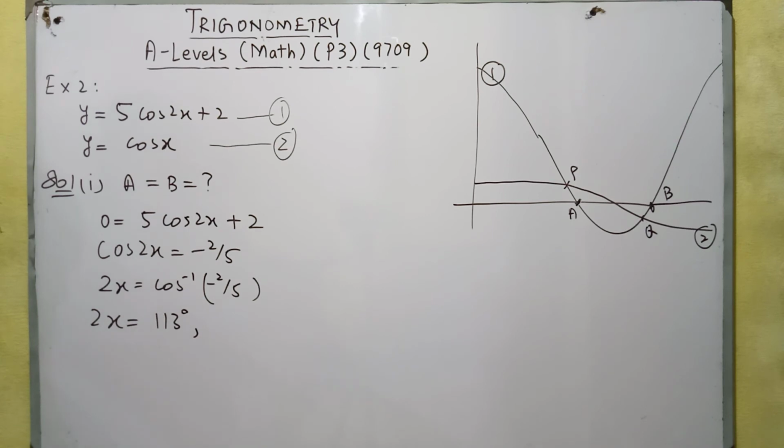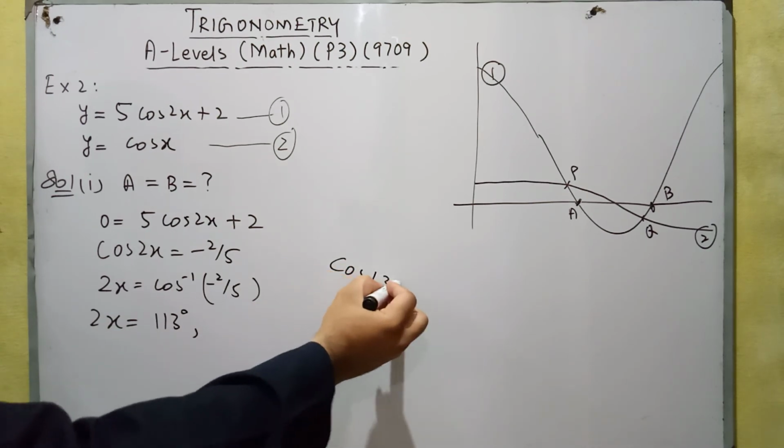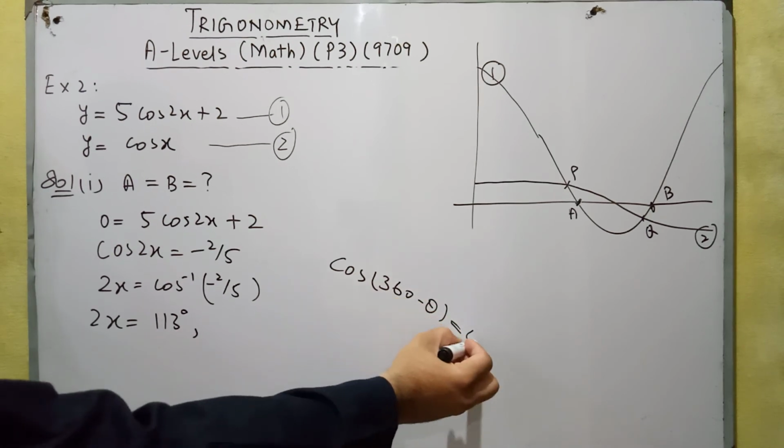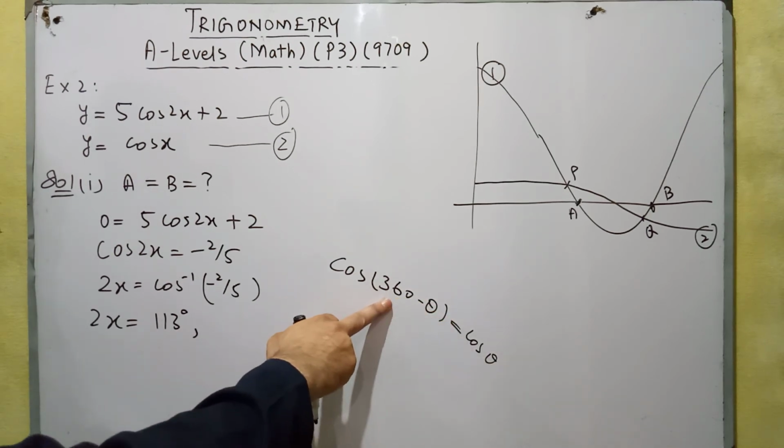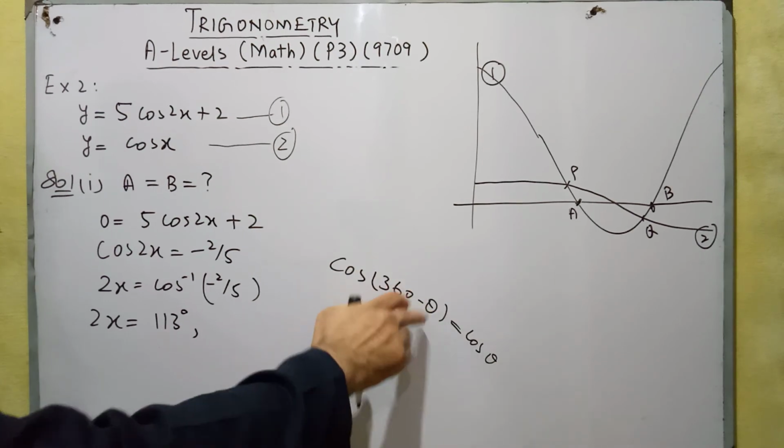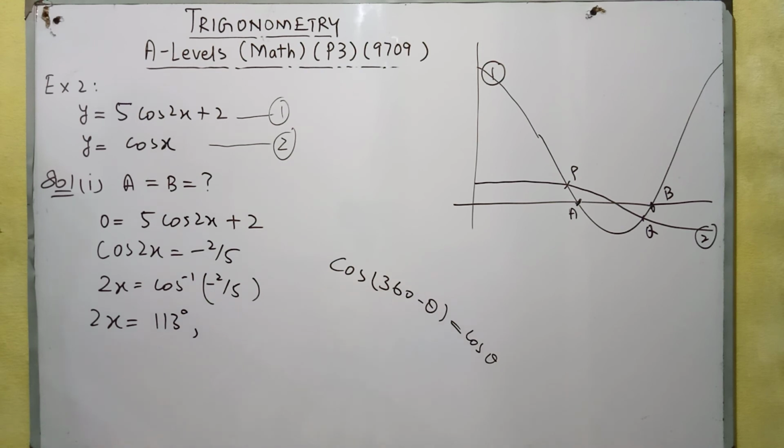113. And we know this conversion that cos of 360 minus theta is equal to cos theta, because along 360 we will not have a change in function, and 360 minus theta is in the fourth quadrant, and in the fourth quadrant cos theta is positive. So we can subtract 113 from 360, we will have 247. So x will be equal to 113 over 2, that will be equal to 57 degrees, and 247 over 2, we can calculate using a calculator,